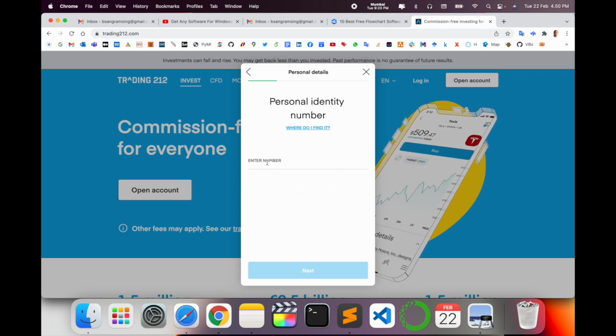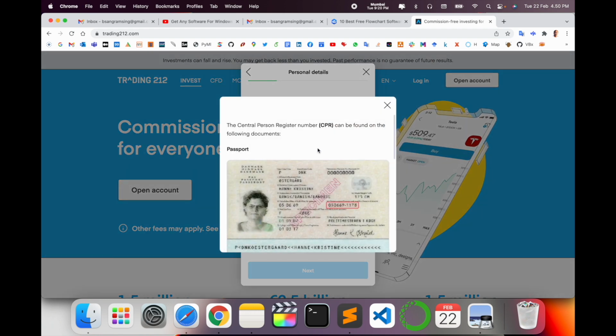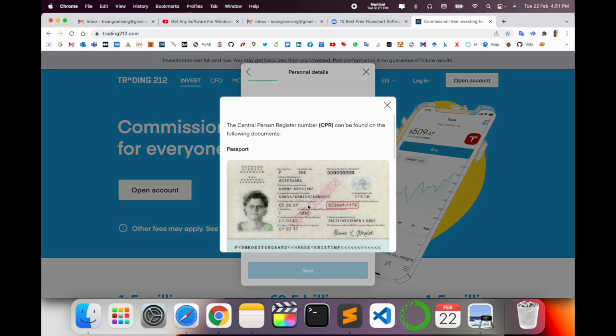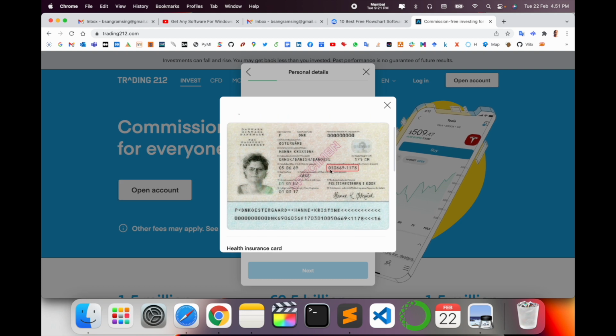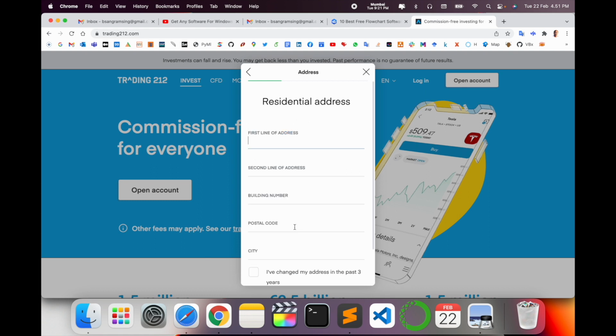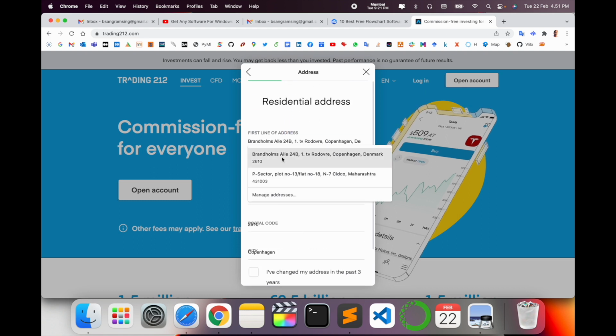You can put your unique identity number here, and where you find it, for example, click here and your passport mentions your CPR code, so you can put it in the CPR code field properly. As for the personal identity number, where do you find it? Look at this, simply open your passport and your personal identity number is mentioned here. If you are living in Denmark, your CPR code is your unique identity, so you can put this number here. So I put my number there, and automatically the process moves forward,